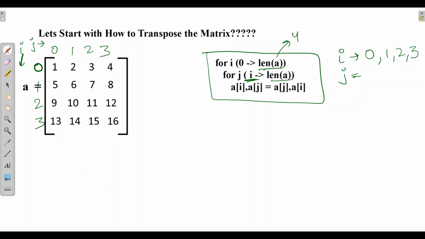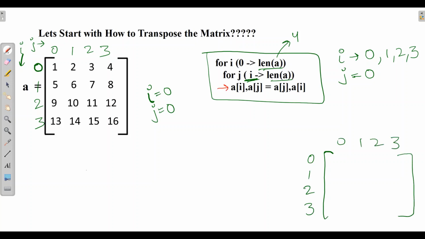So first, as I is 0, J will be 0. So here we will have I equal to 0 and J equal to 0. Let's draw the output matrix also. The operation we will apply here is A00 swapped with A00, as I is 0 and J is 0.